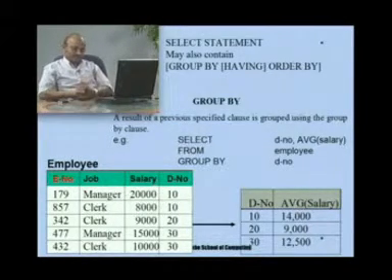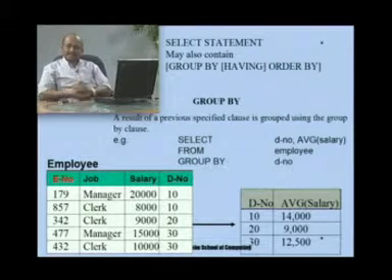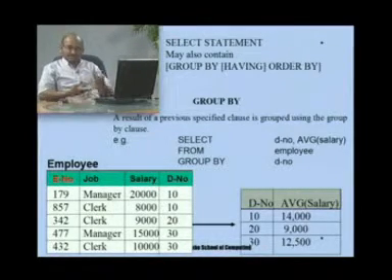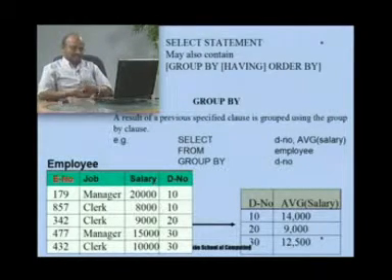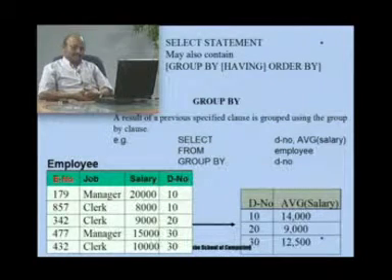So, for department number 10, 20,000 and 8,000 are averaged, and then you get 14,000. Department number 20 there is only one record, so 9,000 is the average, the same 9,000. Then for 30 you average over the 25,000 by 2, which is 12,500. So, that is how it would work with respect to the averaging.